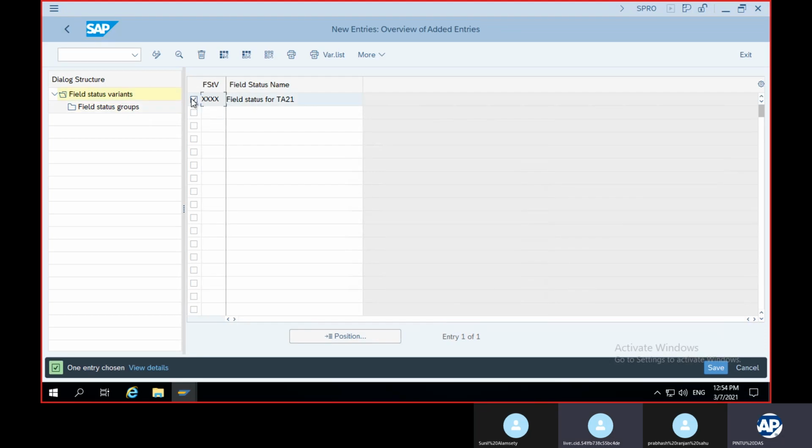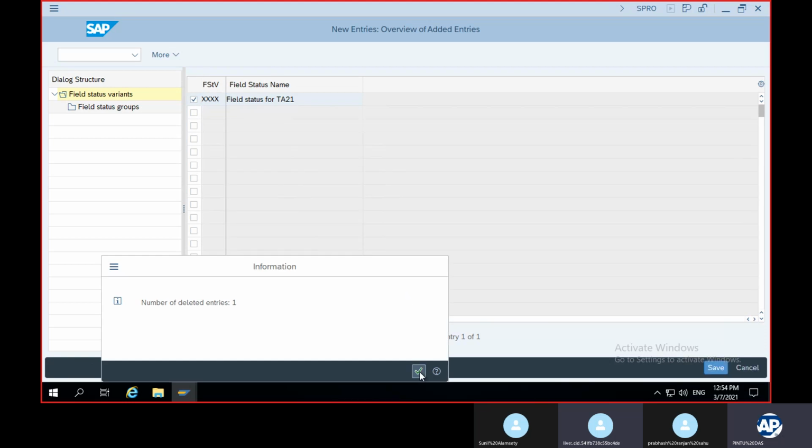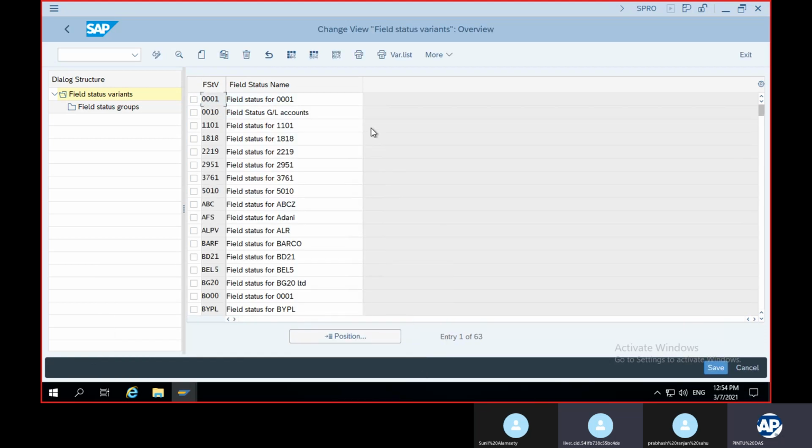Like how will we know that there is some field status group we need to change? Suppose there is a request from the user department that in FAGLB03 I want to configure. I don't think the departments will have so much knowledge about the field status group. They will not tell you about the field status group, but from the reporting point of view they will say, sir, I want to add this material number in FAGLB03. So in such a scenario, how will we configure?